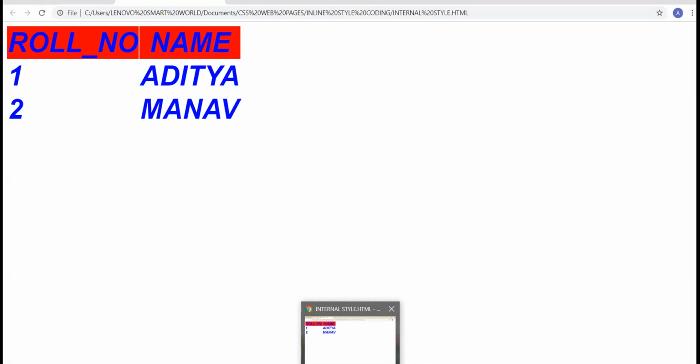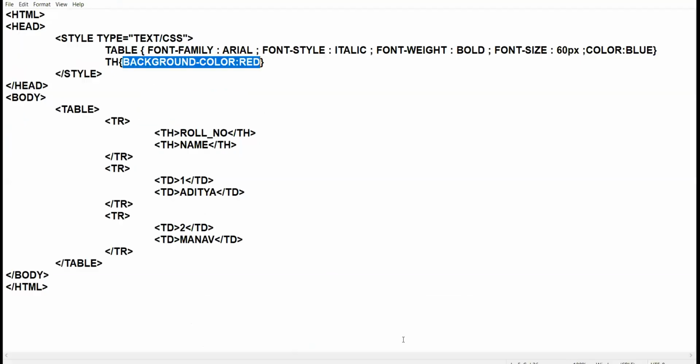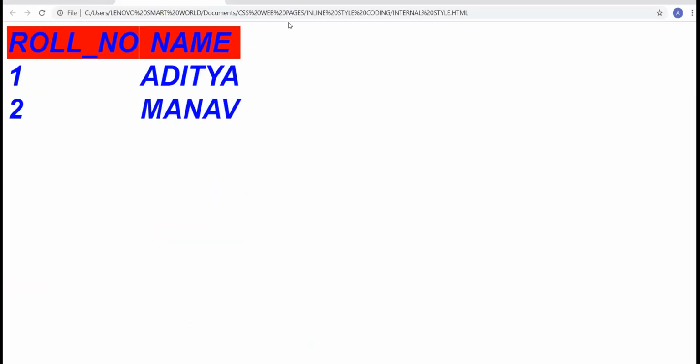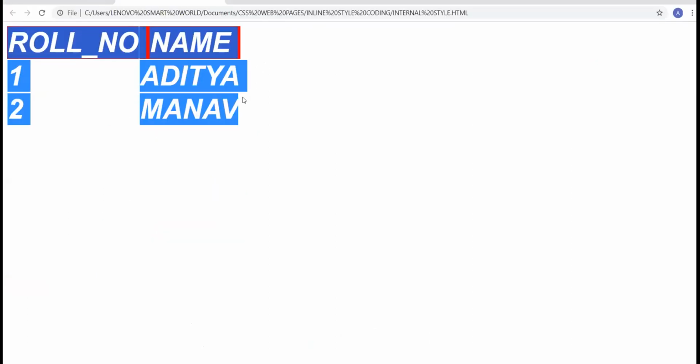Now see carefully this coding. This coding I show you. Color blue. See this color blue. This color property I have taken inside the table tag. Now the whole table is blue in color.